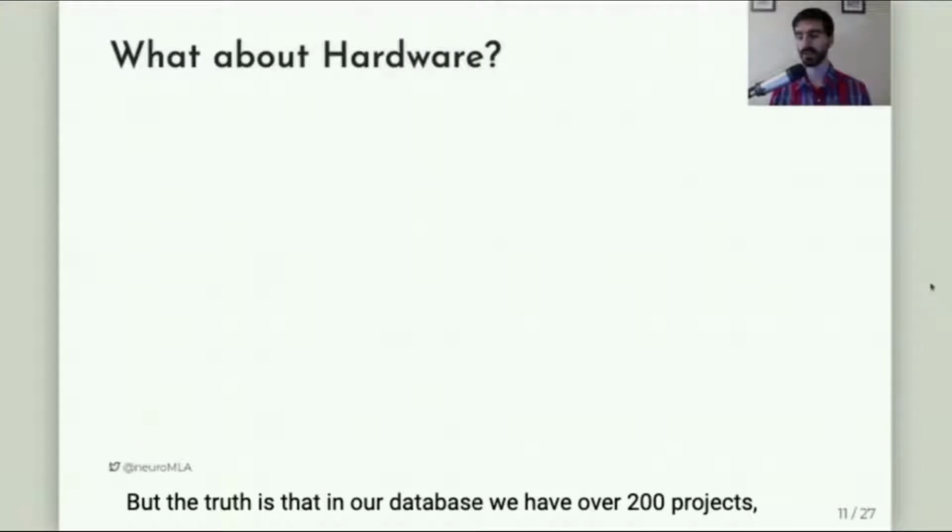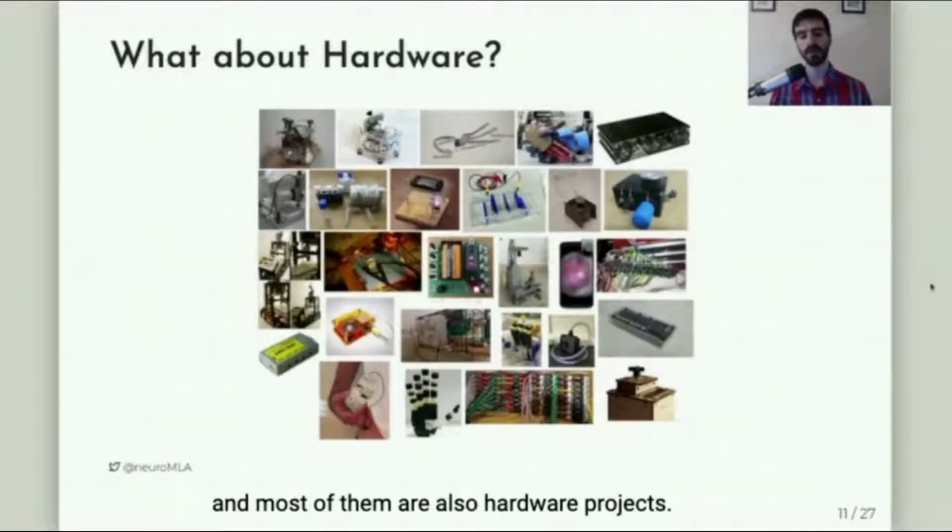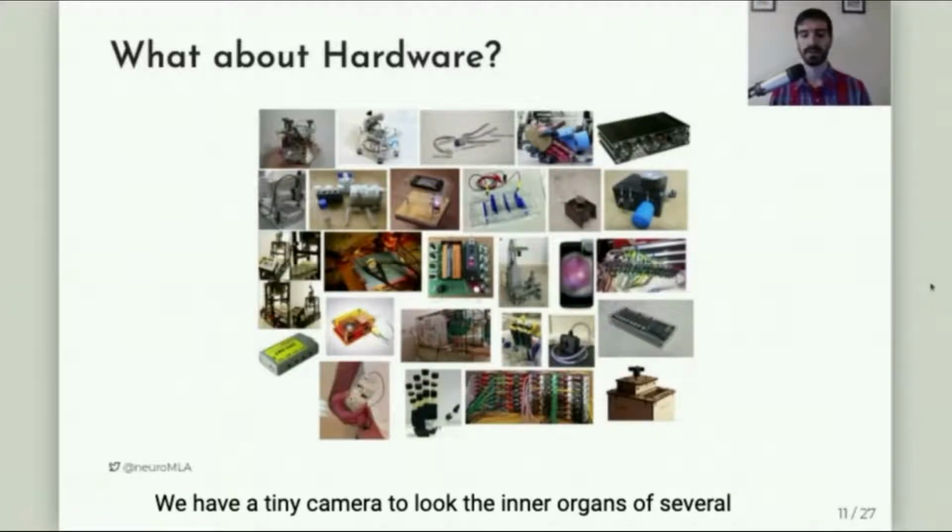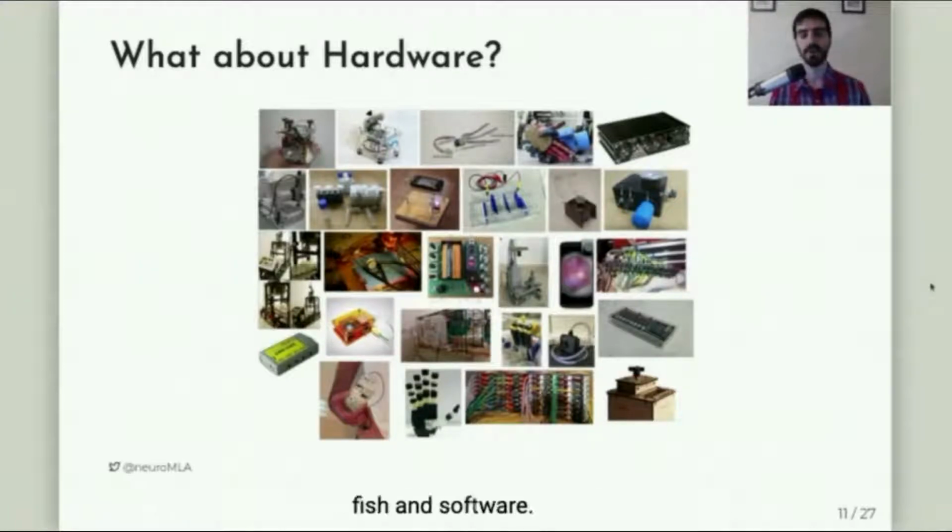But the truth is that in our database, we have over 200 projects, and most of them are also hardware projects. We have a centrifuge project. We have a tiny camera to look at the inner organs of zebrafish and Drosophila larvae.